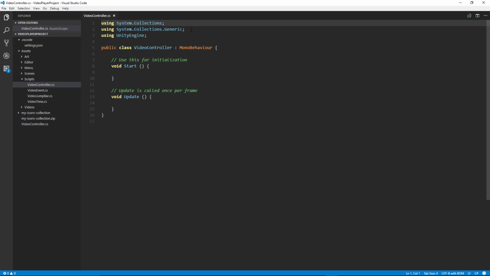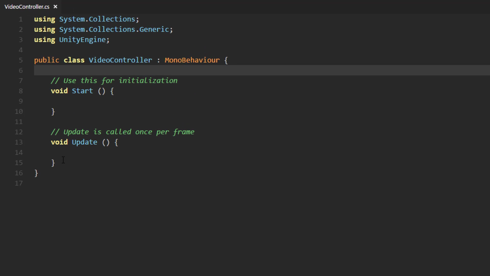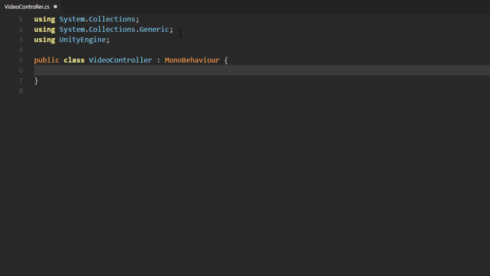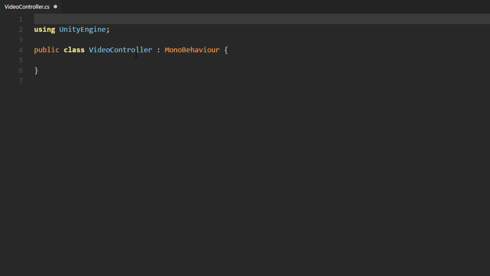So playing, pausing, restarting, and etc. Okay, so inside our video controller script, we're going to get rid of some of the stuff that we're not going to be using and add some new things. We are going to be using Unity